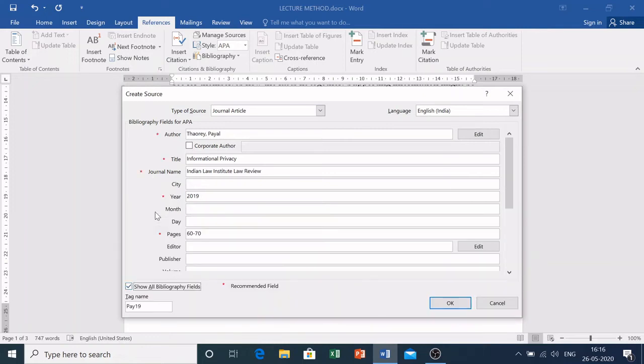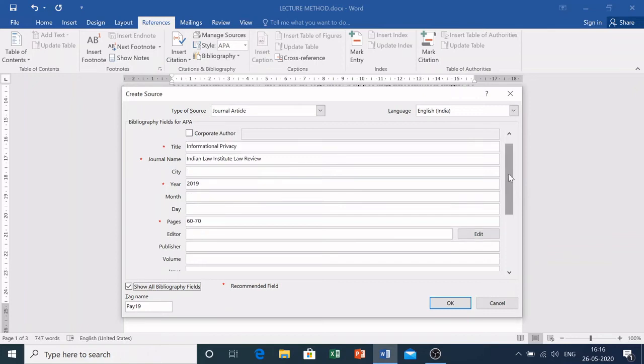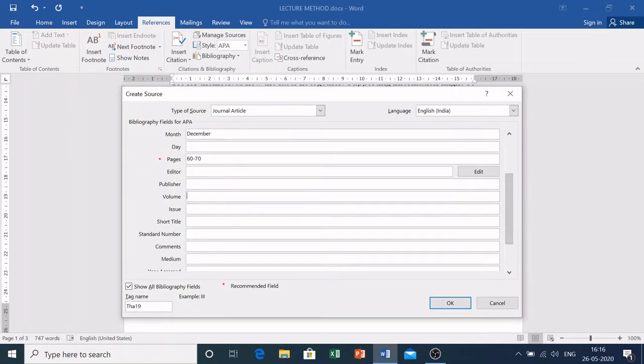There are multiple settings also for bibliography because the same database you can use at the end of your research report for mentioning the bibliography also. Let's see, month is December. You can fill every detail, volume, say 2, if there is any short title of that book or journal or act, you can mention everything and all the rest of the things. For e-resources, you can put the URL also here and then okay.